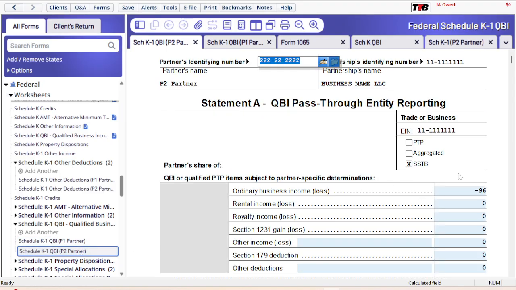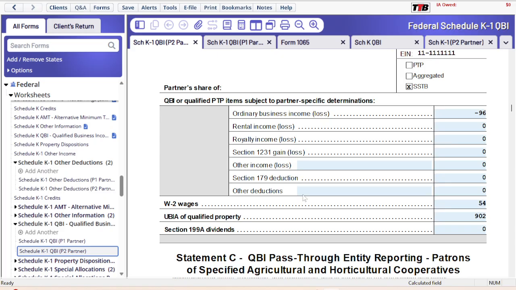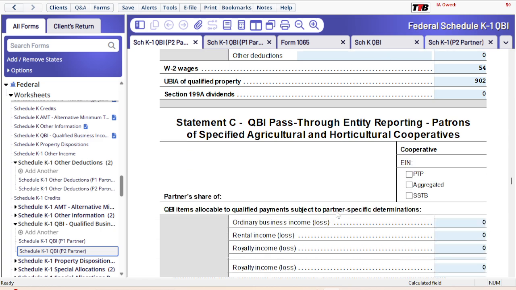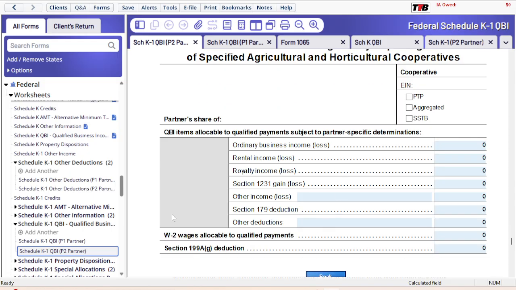Again, this is doing the portion, the 25% of the loss, and then it is doing that 54 for the salary, and then the qualified property is doing 25% of that as well, and those will be a part of your 1065, and you give Schedule K1 and Schedule K1 QBI to the partners as well. You'll make copies from it and give each partner their Schedule K1 and their Schedule K1 QBI for them to file their